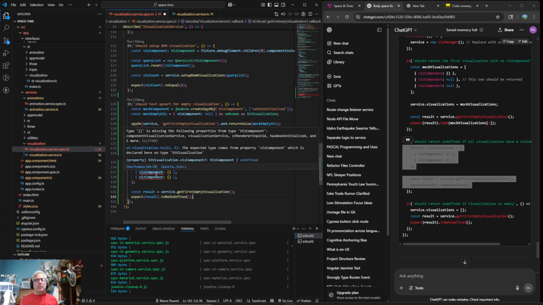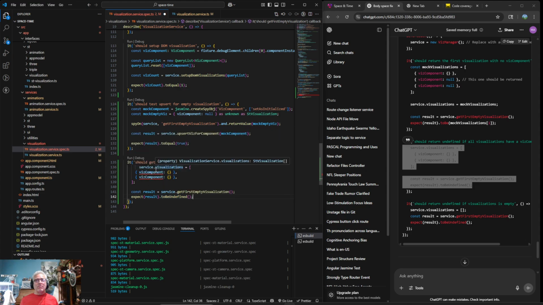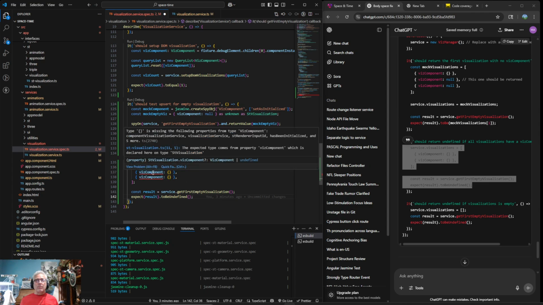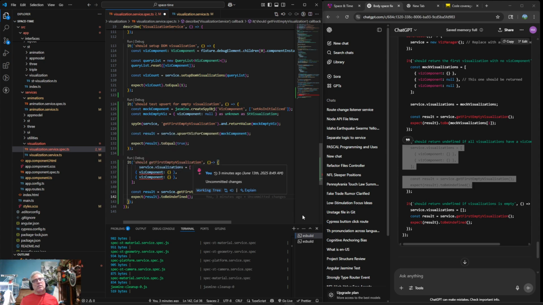Viz component. So it's upset because these viz components aren't the right kind, right? And I guess it's supposed to be a set of visualizations. Mock empty. I think we only want one, so who cares.